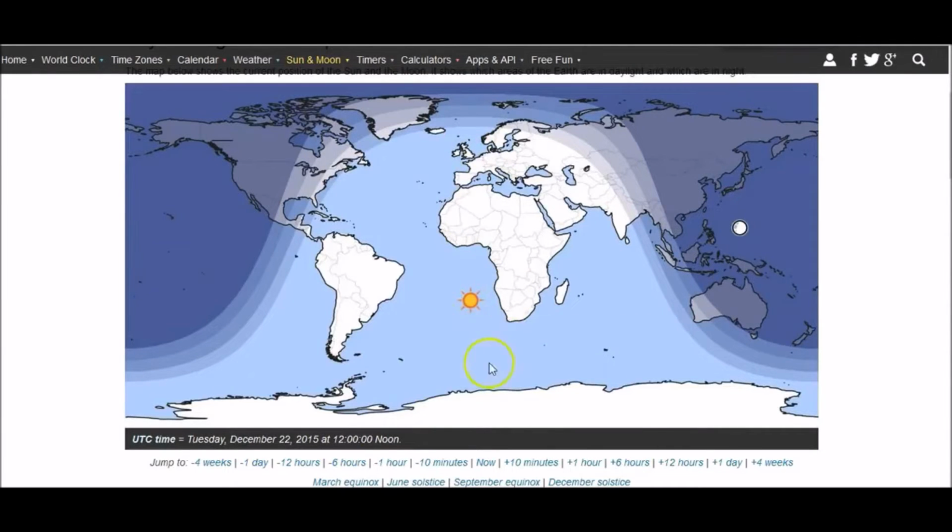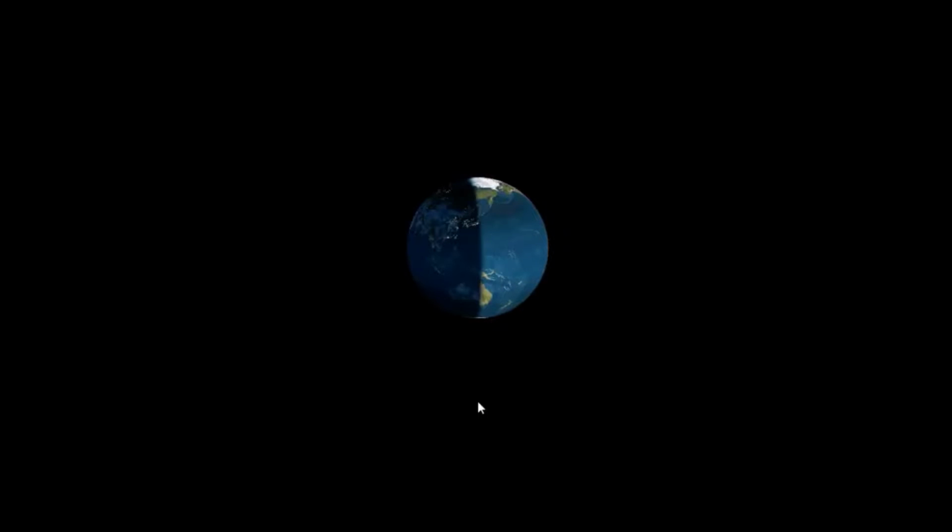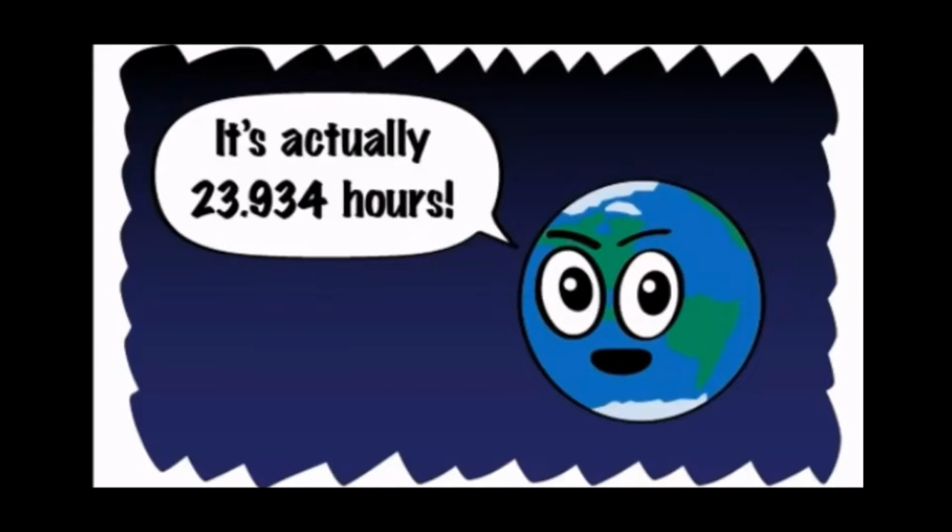The Earth is rotating. It takes 24 hours to make one full rotation for the Earth to go all the way around back to the point it started at. We've all been taught the Earth rotates all the way around for 24 hours, and that makes a day. And if you ever have somebody who wants to get technical with you, they're going to say, oh, it's actually not 24 full hours. But tell that to every clock you've ever had, because every clock I've ever had or seen counts 24 hours a day, 7 days a week. The only time we ever change any time is when we fall back or spring forward, and that's just an hour, and it kind of balances out.